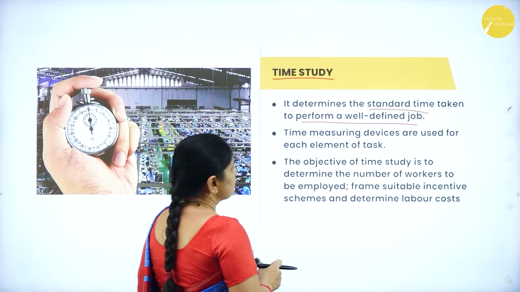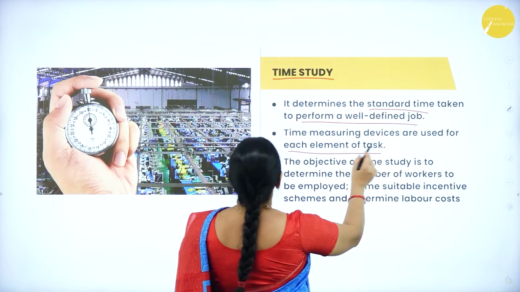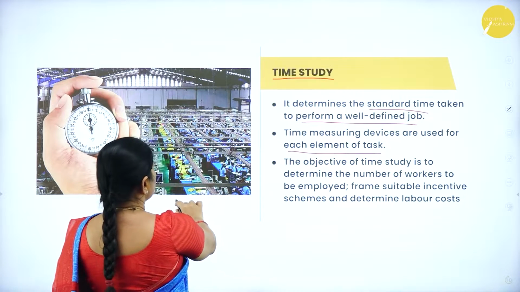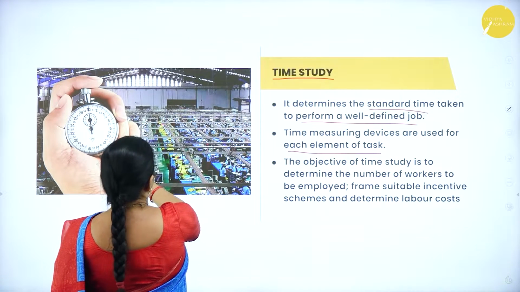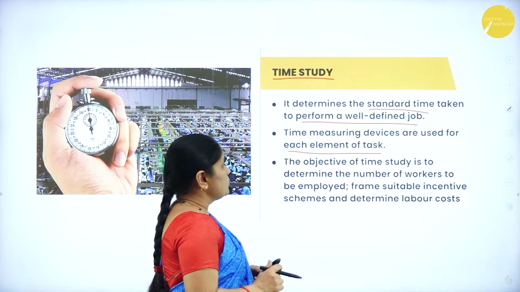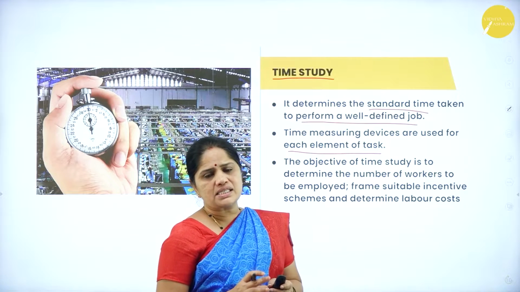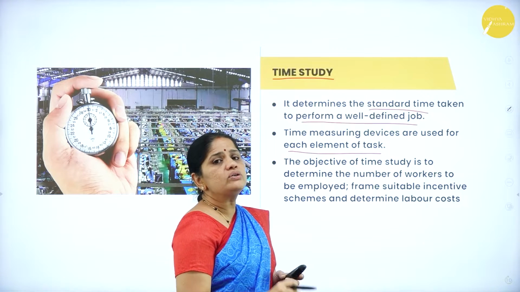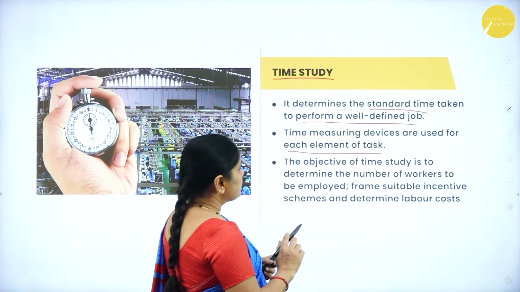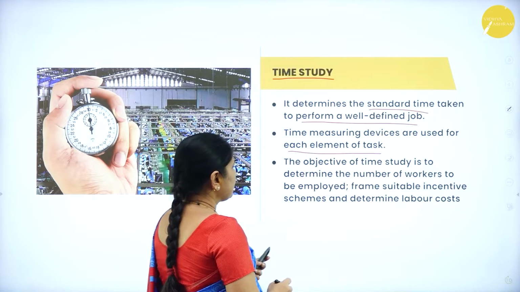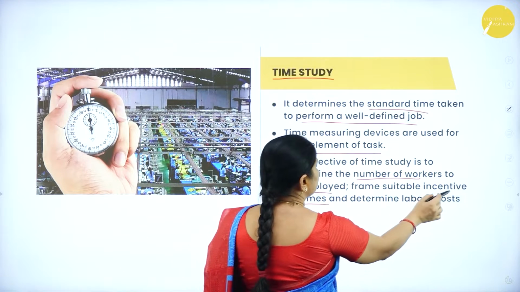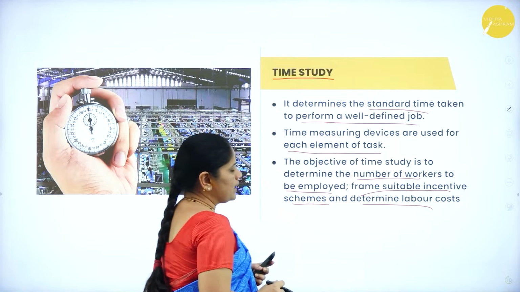Now, time measuring devices are used for each element of the task. If you can see the picture here, there is a picture of a factory which is working, and then we have the stopwatch here. So, these time measuring devices are used for each element of the task. Whatever the task is, you allot a standard time for each task. Then the objective of time study is to determine the number of workers to be employed, frame suitable incentive schemes and determine labor